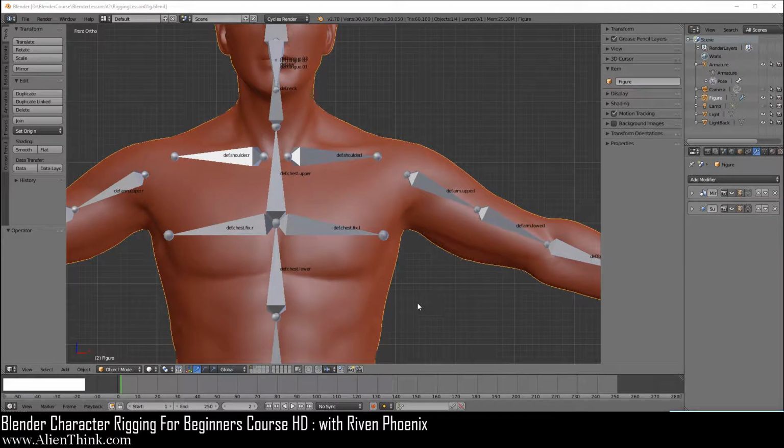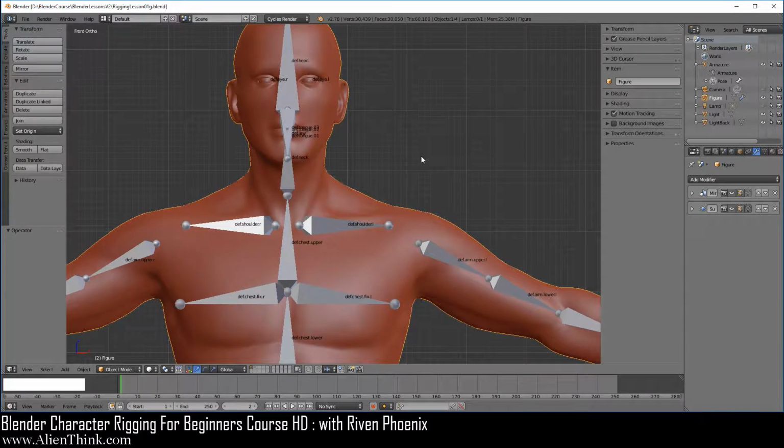Okay, so now that you have a better understanding of this idea of creating parent-child relationships, you can see that we can create these relationships between objects, between bones when we are dealing with the armature, and we can create parent-child relationships between objects and bones. This is where we were dealing with the eye.